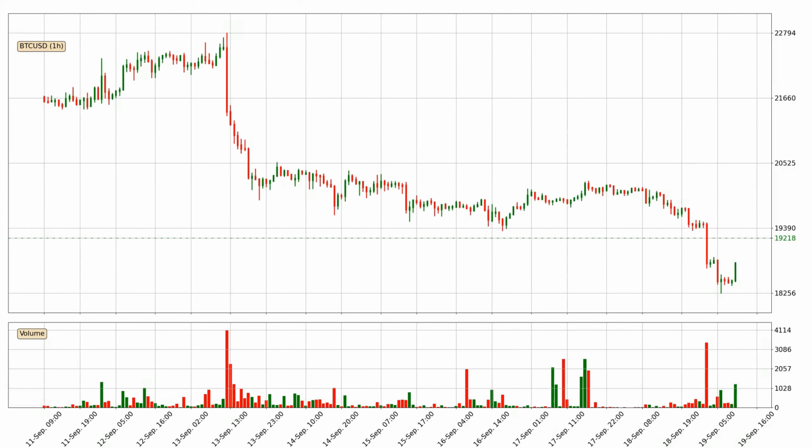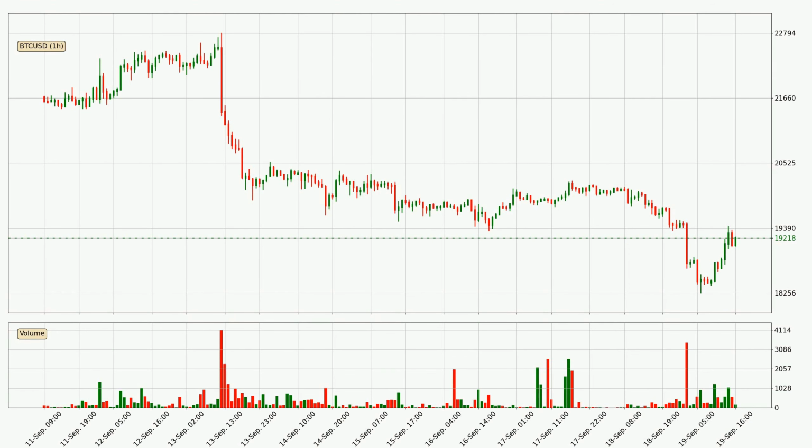Let's get started. Today, find out how the price of Bitcoin has changed and what the technical indicators SMA, EMA and MACD show. If you are unfamiliar with the indicators, check out the explanation videos below. Looking at the Bitcoin hourly time frame, the price moved down around 2.1% in the last 24 hours, with a current price of 19,218. The fact that the sellers are taking over can be deduced because the volume was high and the move was